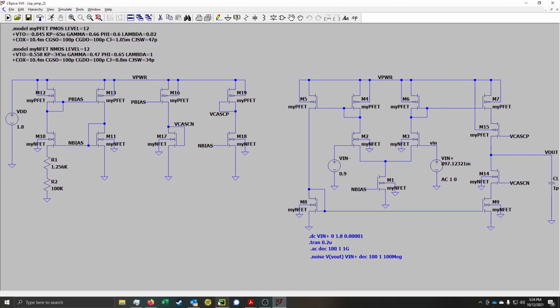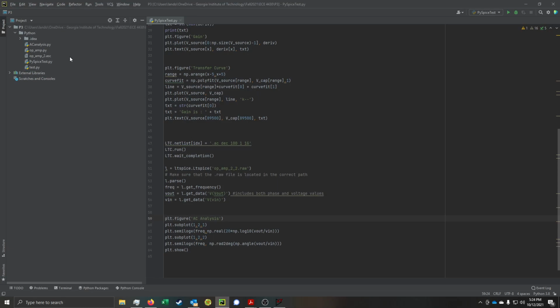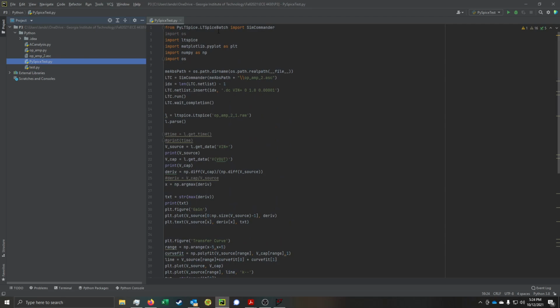And that's interesting. But what we can also do is, so this is PyCharm. You'll notice here's the schematic file that we were just looking at, that .asc, and we're looking at this file here that I've written up. So you import the sim commander. That's the first thing you need. That holds the simulator and will run the simulator. We grab the path of the file, so this just tells it where it is. So we do the path and then opamp2.asc. And what this does is it creates an LTSpice object instance